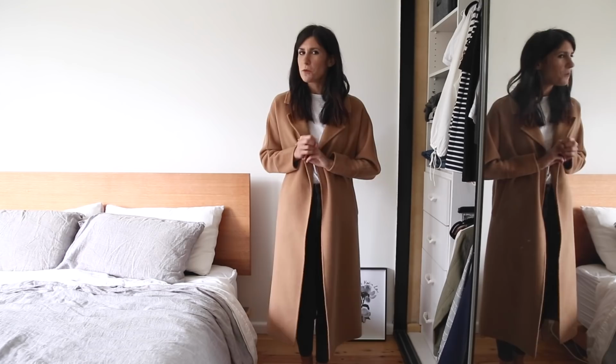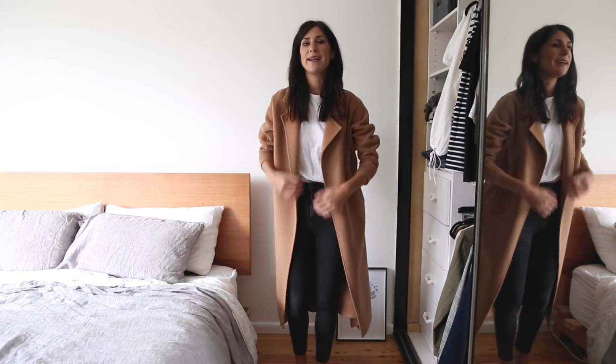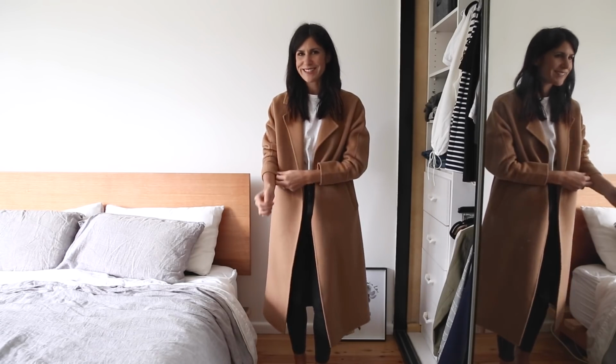I do have a couple of little pet peeves with it. So as you may have noticed before, with the batwing sleeve, it does mean it can be a little bit hard to lift your arms up. You can do it. It's not a problem, but there's a little bit of resistance there. The sleeves are slightly narrow too, so you can't wear anything super thick. I usually pair my Joseph sweater underneath this and it is fine, but it is a little bit snug around